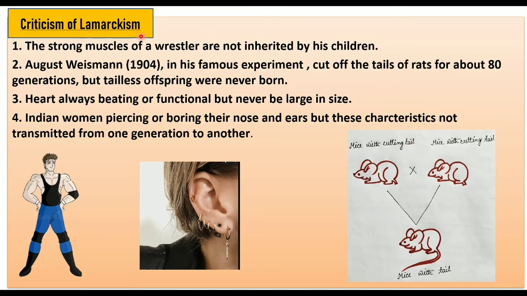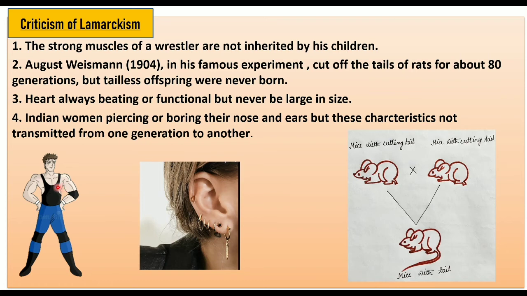Criticism of Lamarckism. There are some theories which do not support Lamarckism, like the strong muscles of a wrestler are not inherited by his children. We can see that the wrestler has strong muscles. The wrestler is not born with these strong muscles. They gain this characteristic by exercise. So these are their acquired characters, but their offspring are not born with strong muscles. So it means that